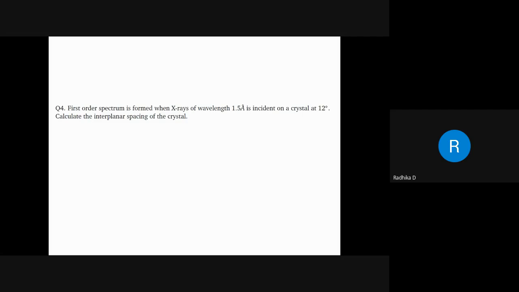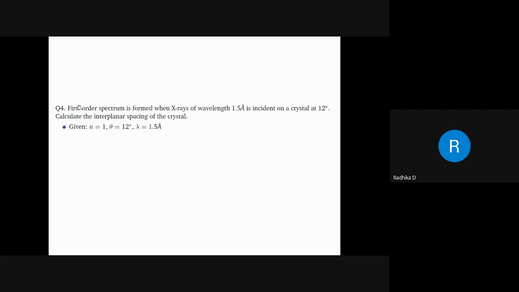Let's see what all we have. We have been given first order spectrum, so your value of n is equal to 1. We were saying, right? Integral multiple 1, 2, 3, 4. That is first order. N is equal to 1 is first order diffraction, n is equal to 2 is second order diffraction, n is equal to 3 is third order. Exactly similar to Young's double slit experiment, but the way it happens is different.